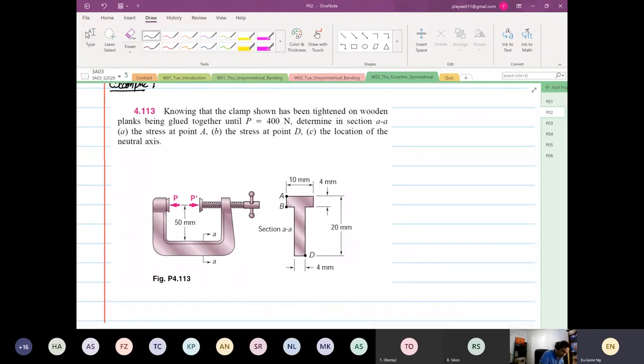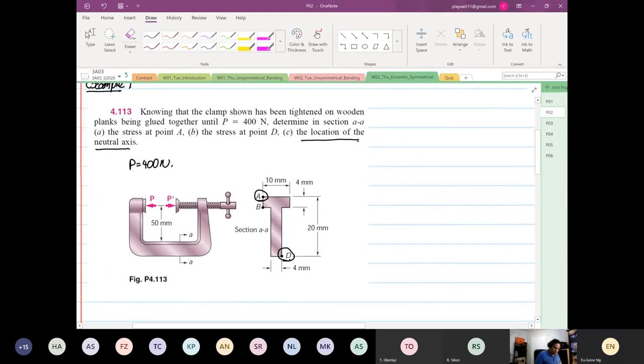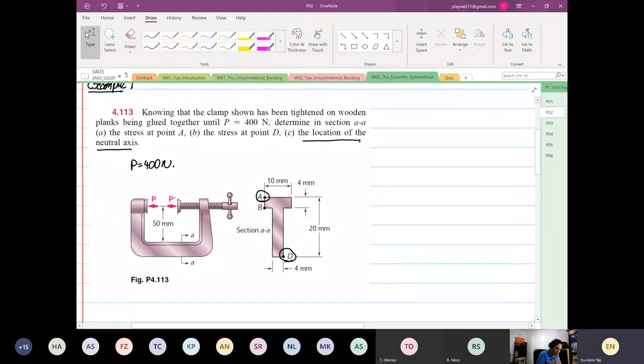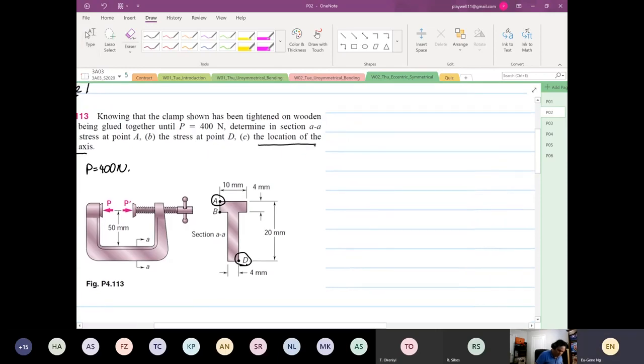So from here we know that P is 400 newtons. Determine on the section AA the stress at point A, the stress at point D, and the position of the neutral axis. So we're going to calculate the stresses, and we're going to look at the location. And I'll go further, we are also going to sketch the stress profile. Okay. So from here, we realize that the